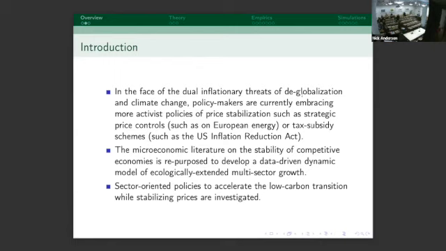on the stability of competitive economies, using the Bielefeld disequilibrium approach. Basically it's a very stylized model of multi-sector growth, but I try to empirically estimate the intensity, the adjustment coefficients that govern its growth, using empirical data in order to build a data-driven dynamical model that is also ecologically extended. The core of the Bielefeld approach uses input-output coefficients, or technology coefficients, but right now we have